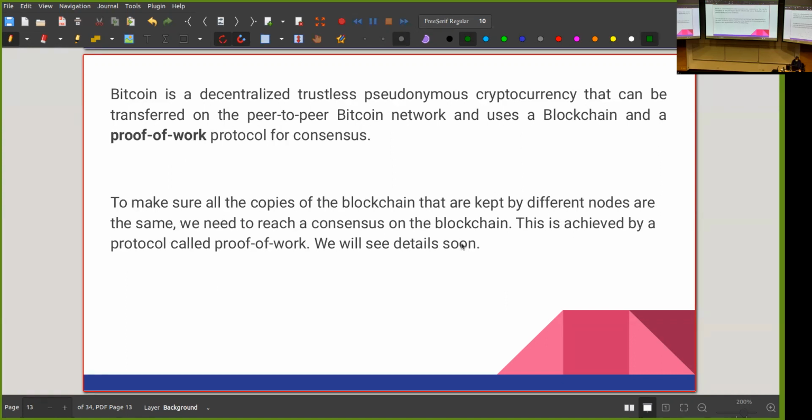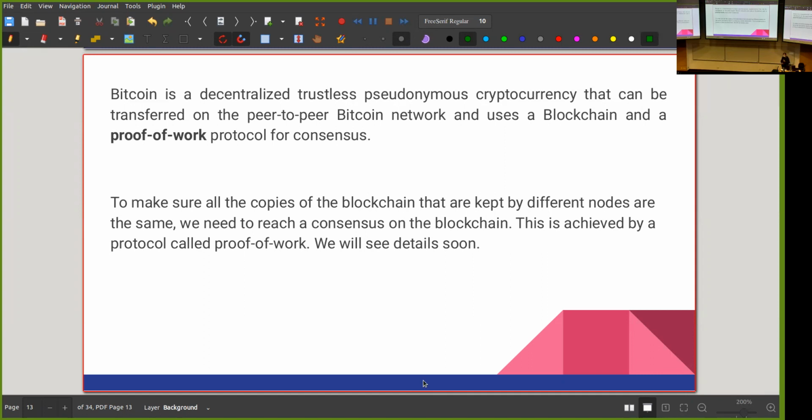Let me go on. So what's proof of work? This is another keyword again. So our problem is we have this blockchain, which has a huge number of transactions. It's basically all the transactions that people have done on Bitcoin since 2008. And we want everyone to agree about this, right? Each person or each computer on the network has their own copy of the blockchain, but we have to somehow make sure that there is an agreement, there is consensus.